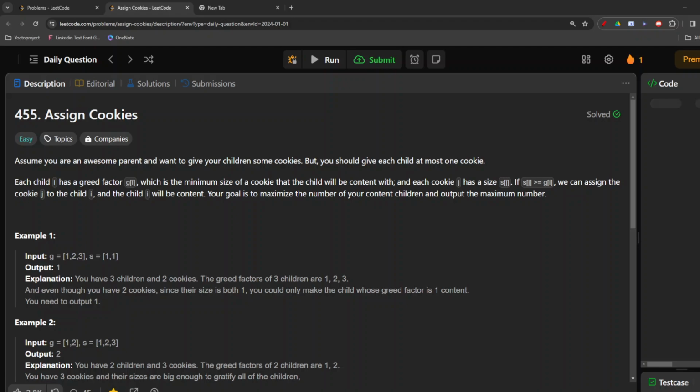So today we are going to do the Leetcode daily challenge. The first question here is Assign Cookies. Let us first read this question, then go over the constraints, and finally the coding part for the same. Here, assume you are an awesome parent and want to give your children some cookies, and the children can easily differ. So accordingly we need to